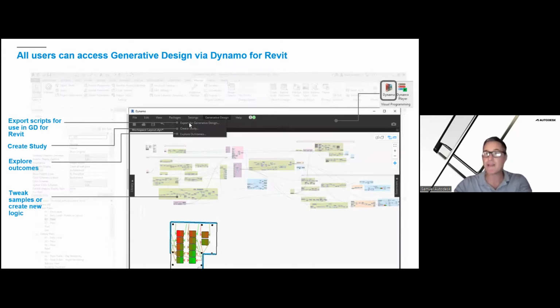And for anybody who really wants to get into the more advanced part of it, you can jump into the Dynamo interface. So don't be overwhelmed by Dynamo. You can actually go from the Revit Generative Design interface into Dynamo and start to tweak some of these scripts. So let's say you've gone and tweaked them to suit your business or to suit your design that you might be doing for a commercial office fit out. You can then go and export that particular script for use in your business. You can tweak those examples to create new logic.